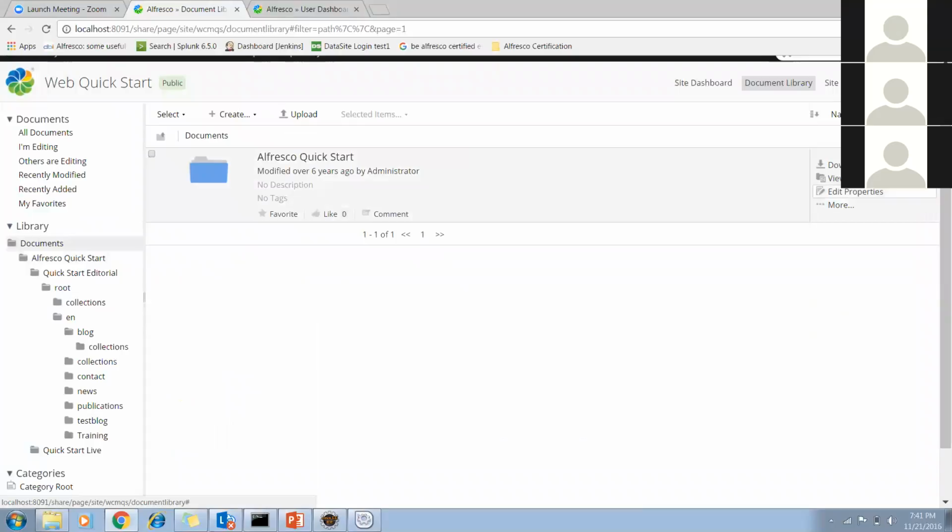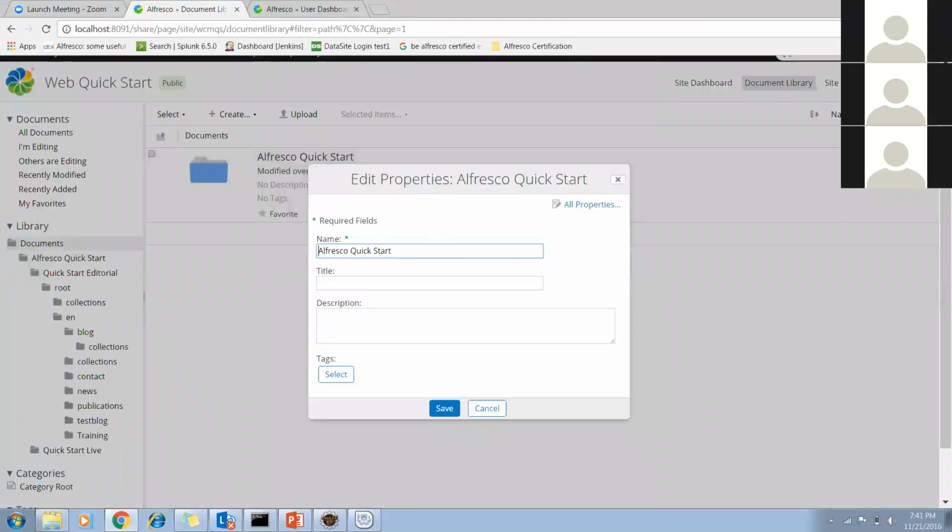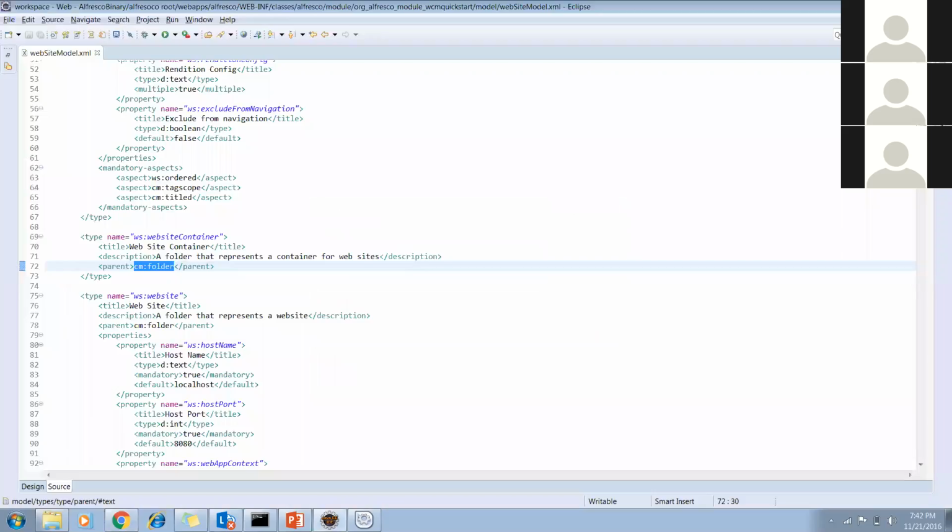So if I go to edit properties, see, this is the default for folder properties. It's simply the CM folder type. Yeah, it's a default. So they have just done it for their own sake of naming purposes, because they don't want to use the parents or the out-of-the-box naming, so they have created their own and added it as the parent. That's it.